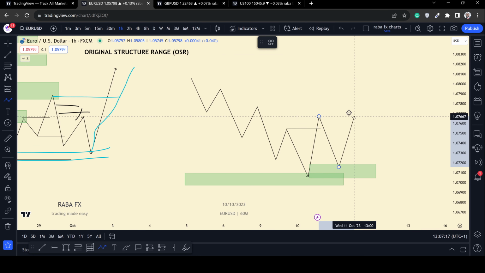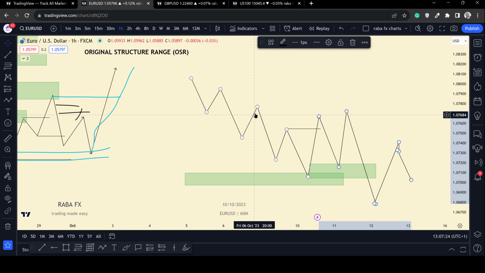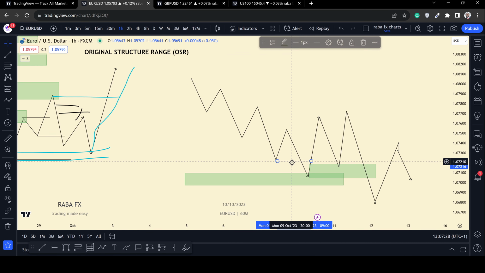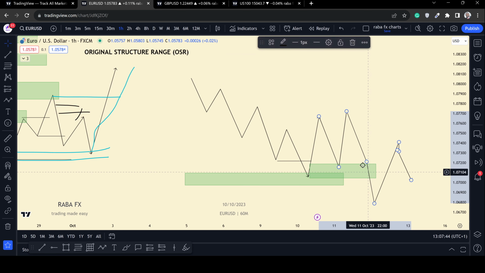This is the original structure leg. I will show you why. So the original structure leg is, you look at the recent lows. In this case, you are looking for a bearish OSR, a bearish original structure range. Sometimes they call it leg. I like using a leg because it ends up creating what? An impulse leg. So this recent low that was taken prior before this,